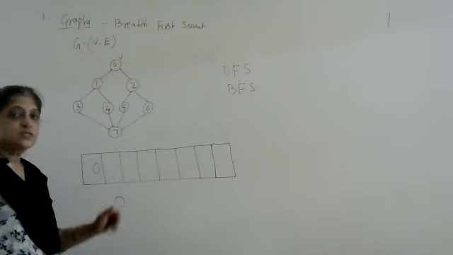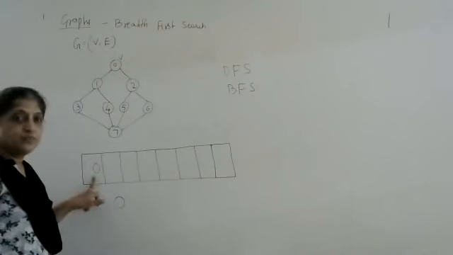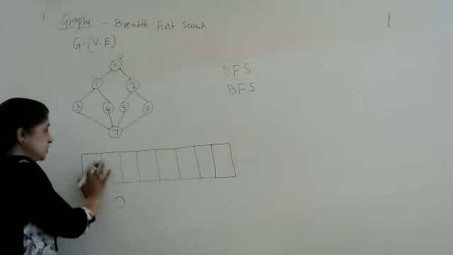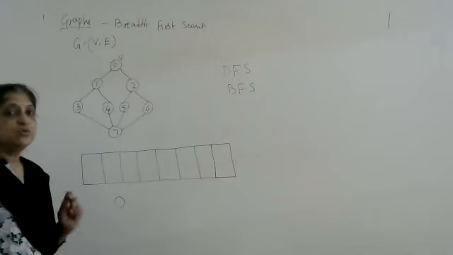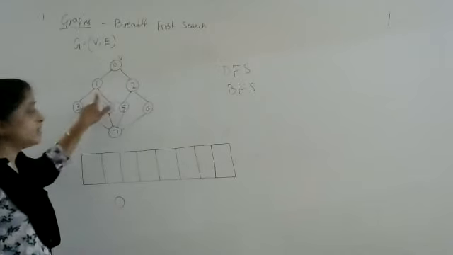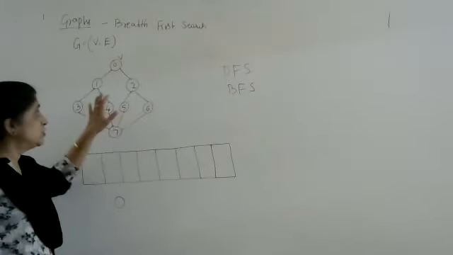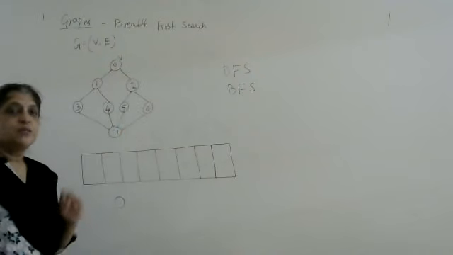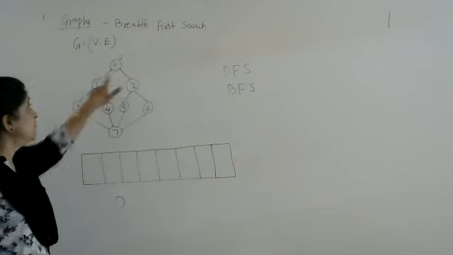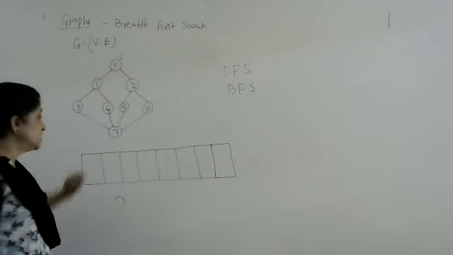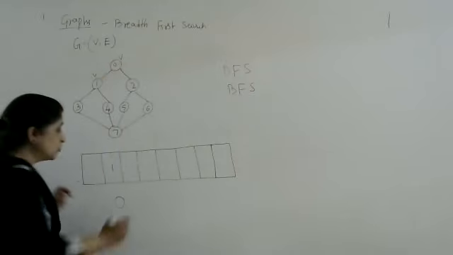Then after this, see what we have at the front of the queue. At the front of the queue, we have 0. Remove this from the queue. Then start searching for the adjacent vertices to 0. Adjacent to 0, we have 1 and 2. We can traverse in any order. Either we can go to 1 first or we can go to 2 first. But let us go in the numerical order. So we go to the vertex 1, insert it in the queue, mark this as visited and output this.